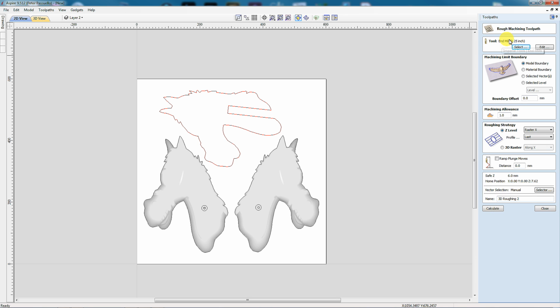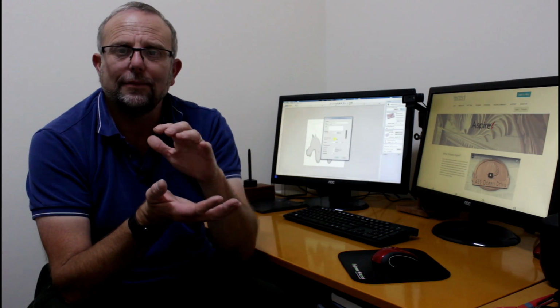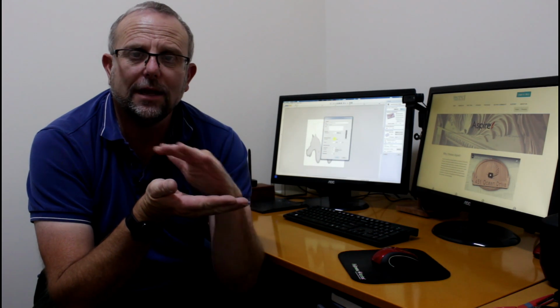And now I need to select my tool. Now I'm going to use a 1/4 inch down cutting spiral bit. And here's the secret with doing the roughing toolpaths, and that's the depth of pass, or the pass depth. I've got mine set to 0.08. Now the reason you want a shallow pass depth is that it gives you more layers. It can go down and cut away more material, whereas if you just put a large number in there, say 1/4 inch deep each pass, you might only get 2 passes and it'll probably take away very little material indeed. But if you make that pass depth nice and shallow, it will take lots of cuts and remove